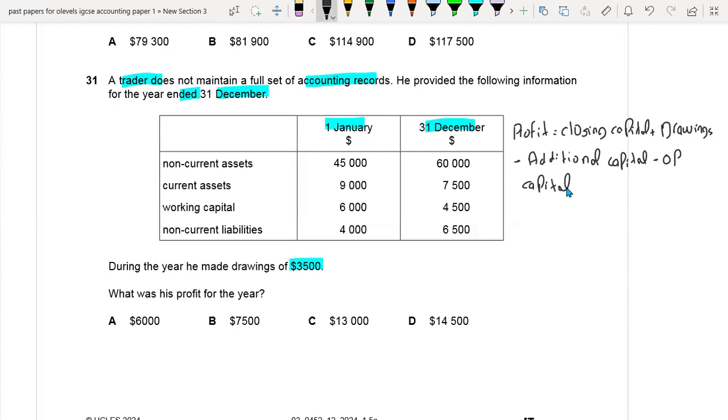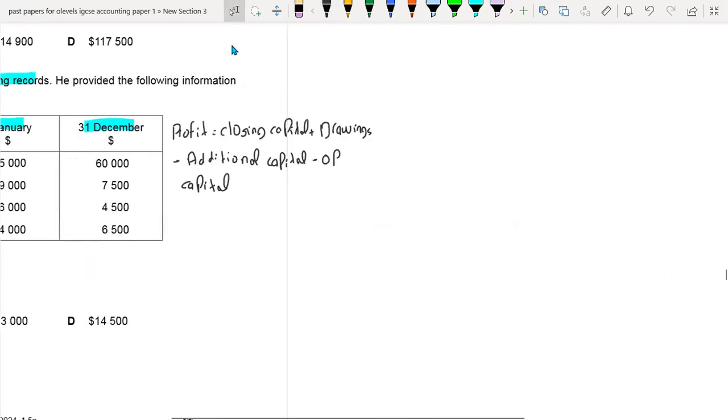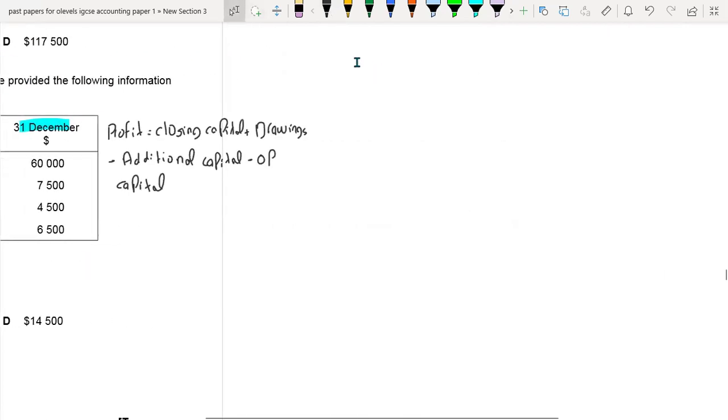So this is the formula to find out the profit. So as you can see that we have the non-current assets, because to find out the closing capital and opening capital, there is again one more formula here to find out